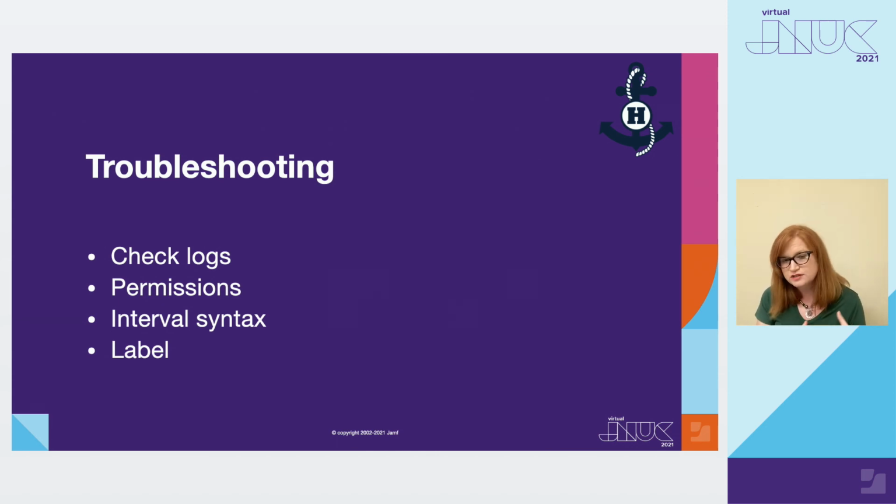Those can be kind of tricky sometimes. Sometimes they start in 0, sometimes they start in 1. Just make sure that you check that. Consider taking it out and see if it runs without any of that. And then the last thing you want to do is check that label. I know I personally have made the mistake of copying a launch daemon from one to another, and I've accidentally left that label in. Can't do that. Only one will run. There can be only one. So those are just some good troubleshooting steps that you can do.